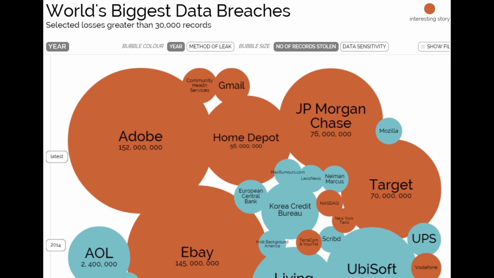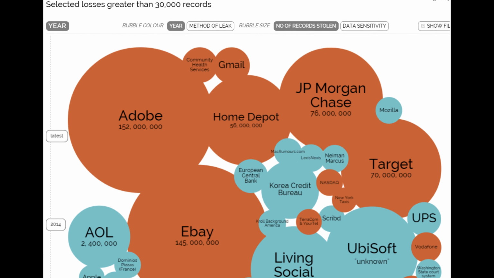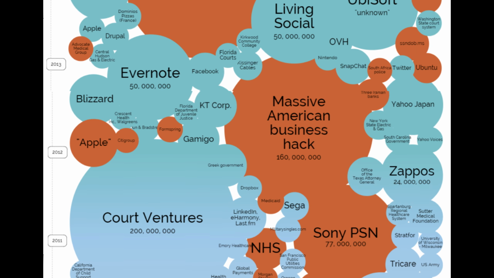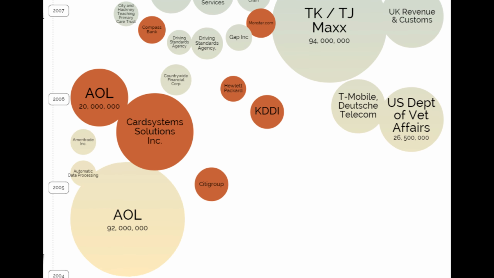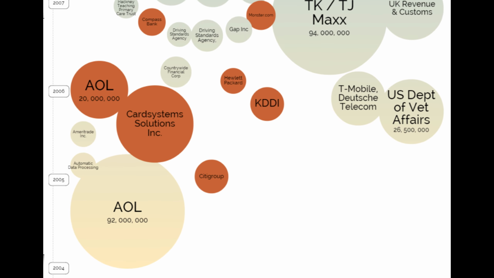So this slide, it's a little busy, but it's interesting because it's talking about some of the biggest data breaches. And that's basically saying things that occurred that affected more than 30,000 records. And what you'll see as this animation gets going is that at the top, it's really crowded, and that's mostly the most recent attacks. And then if you start scanning back down, you see it becomes a lot more rare that an incident occurs. So back in 2005, 2006, 2007, 2008, very slim chance basically that somebody was going to get affected. And now it's much more prevalent.